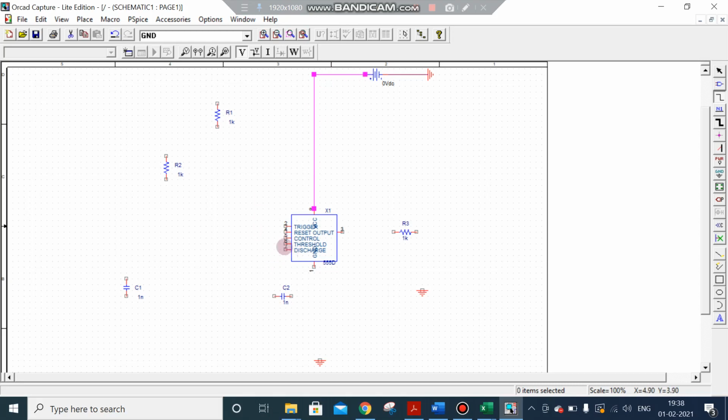The fourth pin and the eighth pin we should short. This is fourth pin, this is second pin, fourth pin, then fifth pin, sixth pin, this is seventh pin. So fourth and eighth I am going to short. Then this R1 resistor should be between seventh pin and eighth pin.